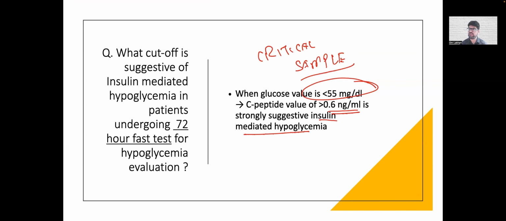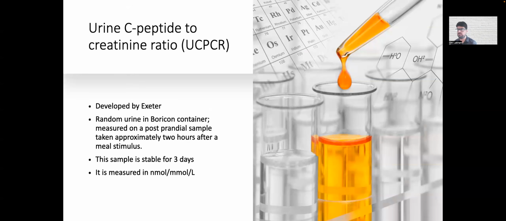Perhaps in future, when we have another Hormone India Mahakumbh, we can probably discuss hypoglycemia in more detail, non-diabetic causes of hypoglycemia. Right. Now, another way of measuring C-peptide, like I said, is taking a urine sample. So instead of taking a blood sample, you can measure the urine sample.